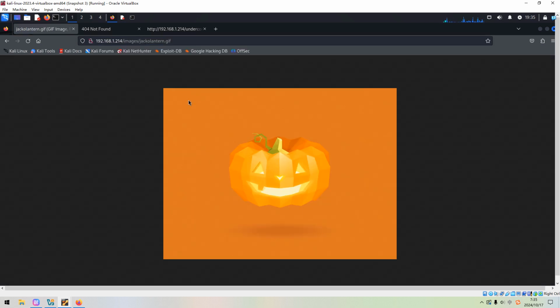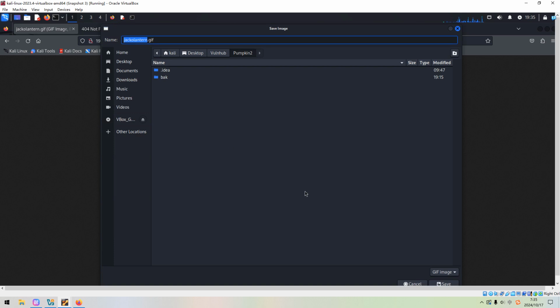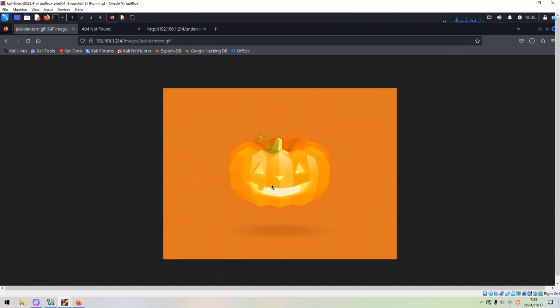Press enter, and we need to download this picture to our working directory. And I think there must be something hidden in this picture.